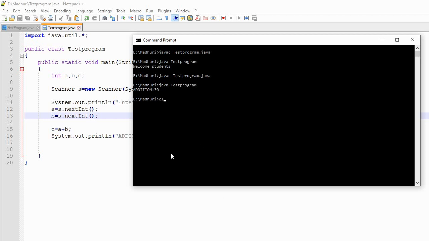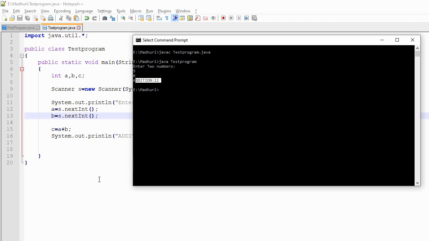Is it magic? It is code. Okay, so javac, I have compiled this code, there is no error. Let us execute. Now your cursor is in a waiting state, waiting for the input from the user. Suppose I enter 5, then it waits for the second number. Suppose I enter 6. Okay, and yes, I got the result. Addition is equal to 11.